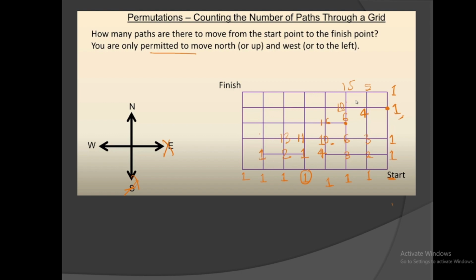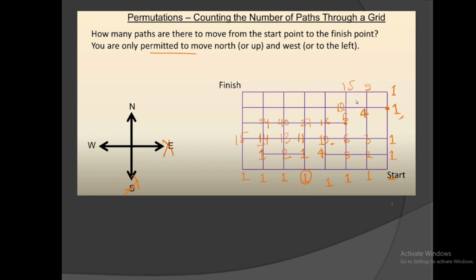And this 13 plus 1 is how much? 14. This 14 plus 1 is how much? 15. Okay. Now this 16 plus 11 is how much? 27. This 27 plus 13 is how much? 40. This 40 plus 14 is how much? 54. And this is how much? 54 plus,